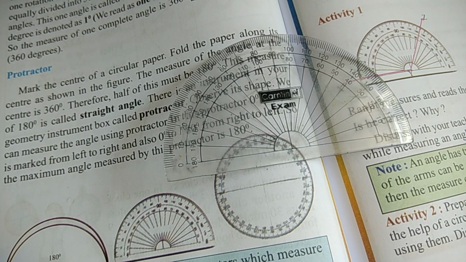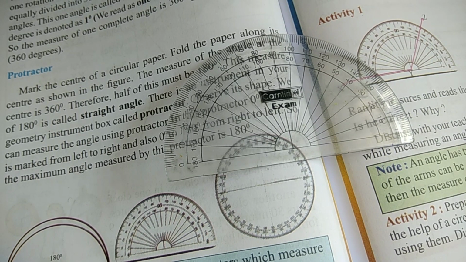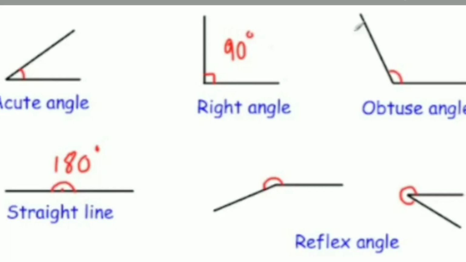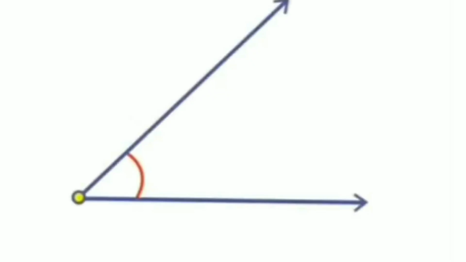Dear children, see how to measure the angles. Do you know that? All of you know that angles are measured in degrees. In previous class I explained that angles are measured in degrees. We also know that the different types of angles depend on their measurement. Now let us learn how to measure and draw angles in a notebook.